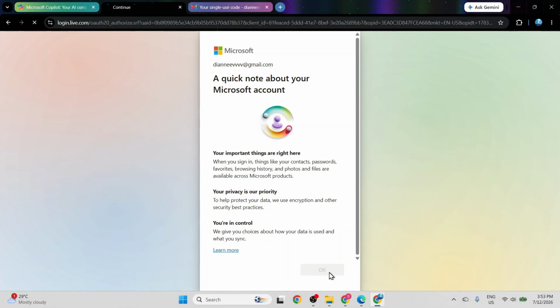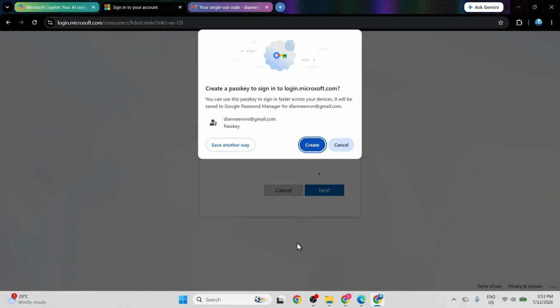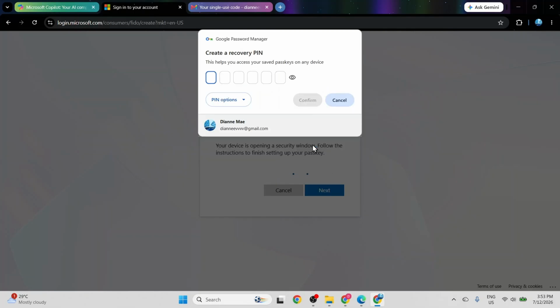I review the details and click the blue OK button at the bottom. Next, a passkey creation prompt appears. I click the blue Create button to proceed. A Google Password Manager pop-up prompts me to create a recovery PIN, so I enter a custom 6-digit number and click Confirm. The page updates to show that the passkey has been successfully created, and I click OK to dismiss